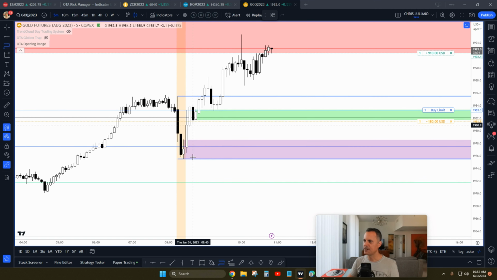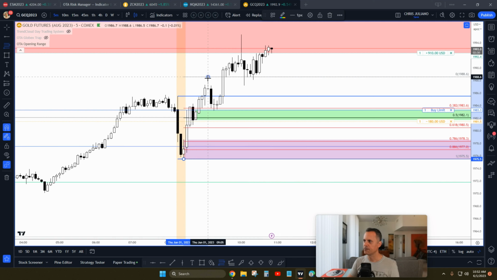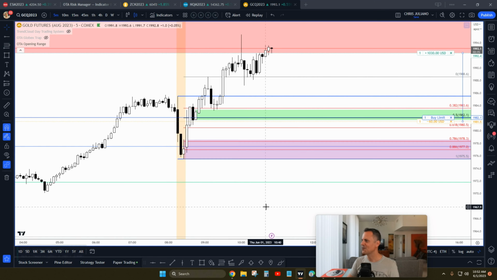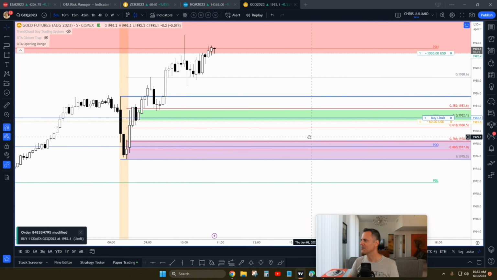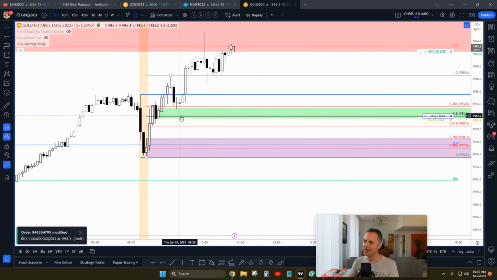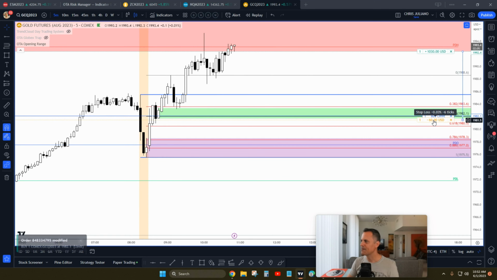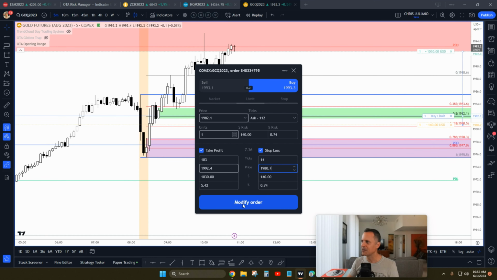And remember, at the time, it was here to here. We get that breakout to the upside. Look where that 50% retracement level is, right at the bottom part of this demand zone. So what I did was I grabbed my stop loss. I put it below this candle here,